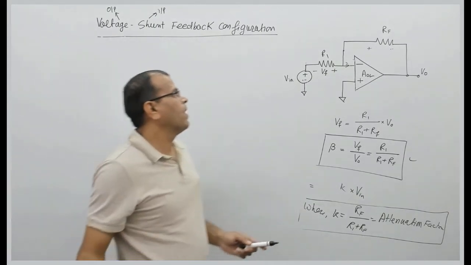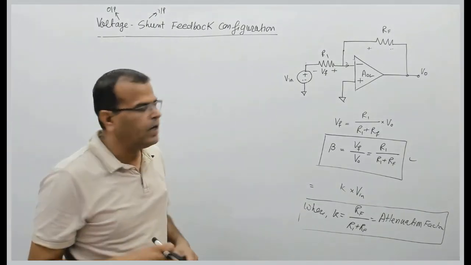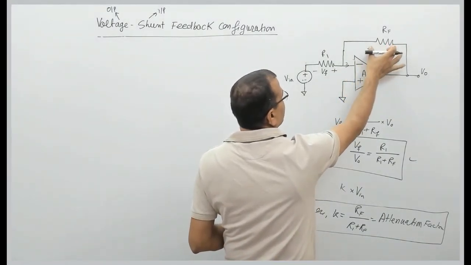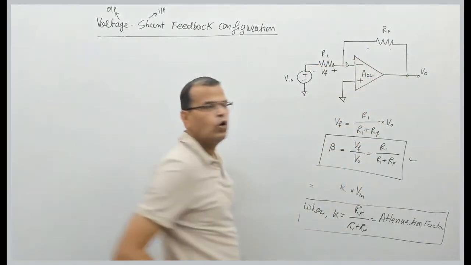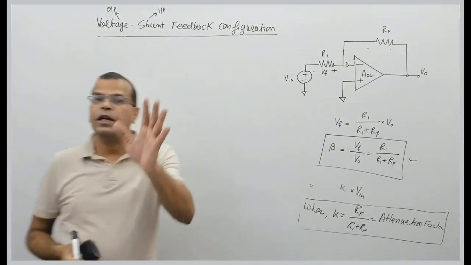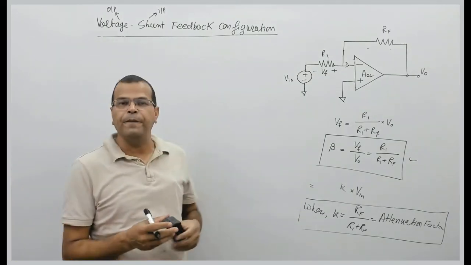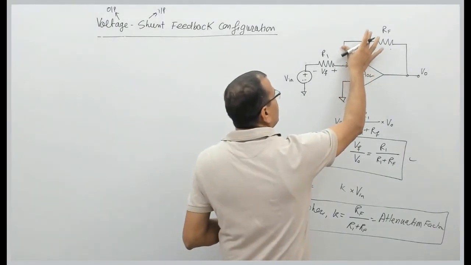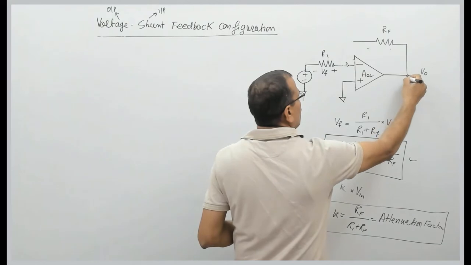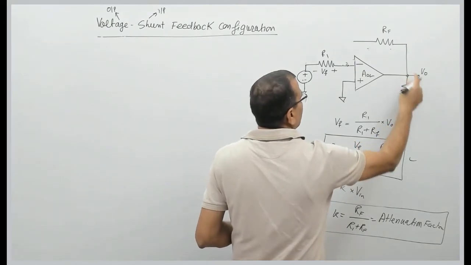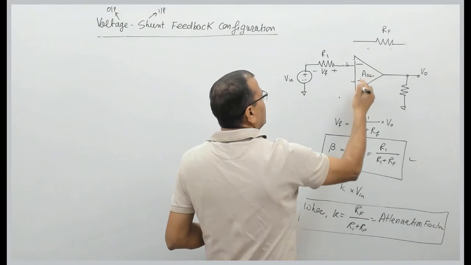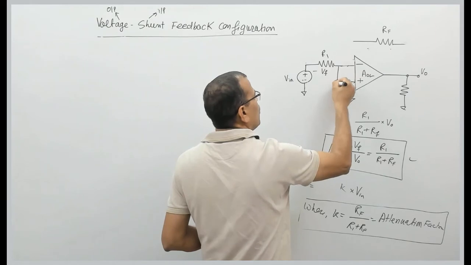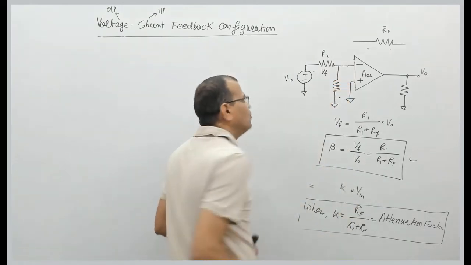See it carefully. In case of operational amplifier, I can transfer this feedback resistance on input side as well as output side. Let us see that. There is a theorem called Miller's theorem. By using the Miller theorem, I can transfer this resistance on input side as well as on output side like this. You can transfer this feedback resistance on input side as well as output side.